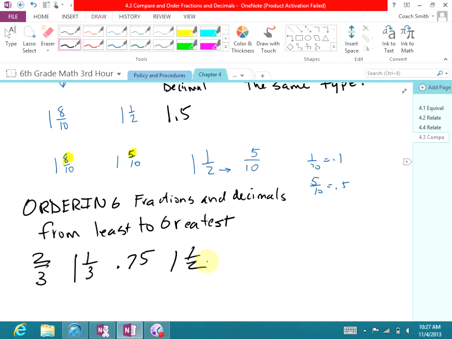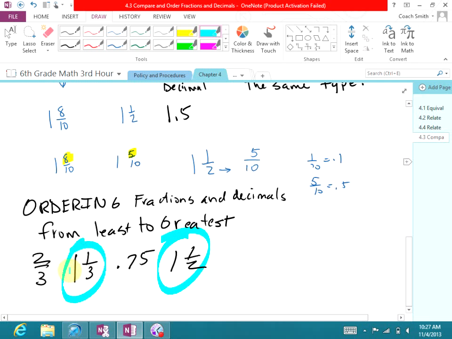Why? Why are they larger? Jalen. Right. They have a whole number. For this, so we have 1 1/2, 1 1/3. Both of those have a whole number. Okay, they have a whole number. These two do not have a whole number. Okay? Now,